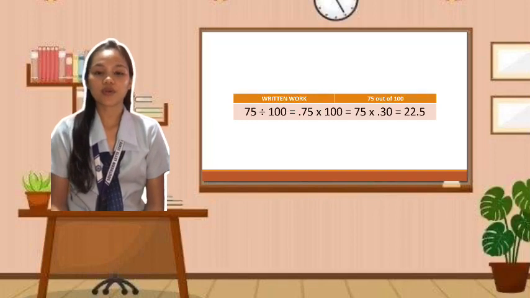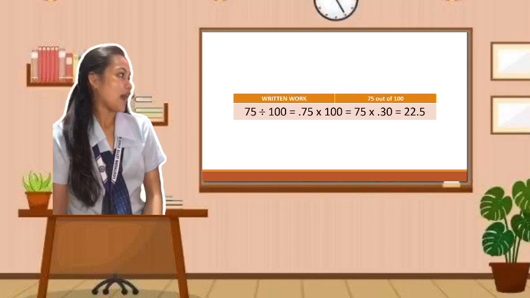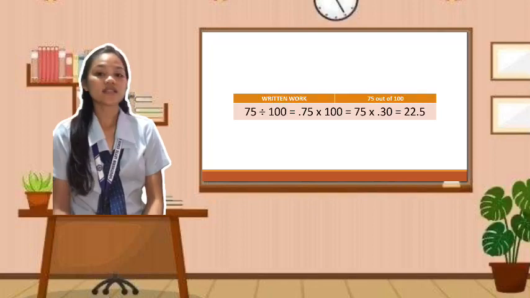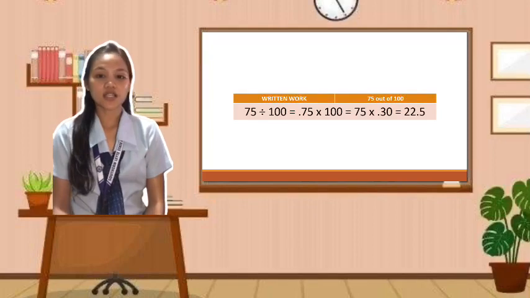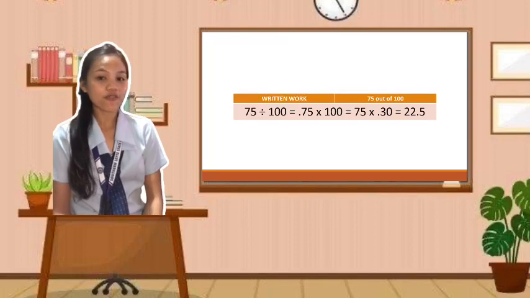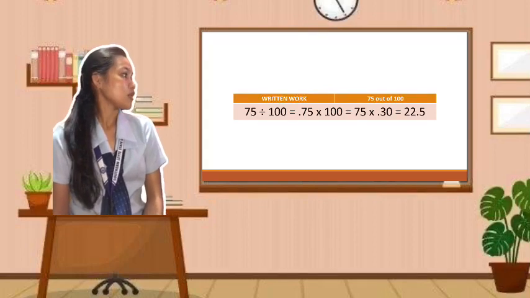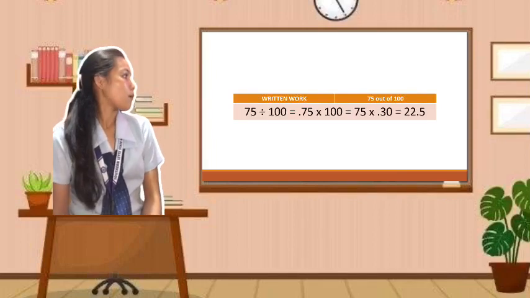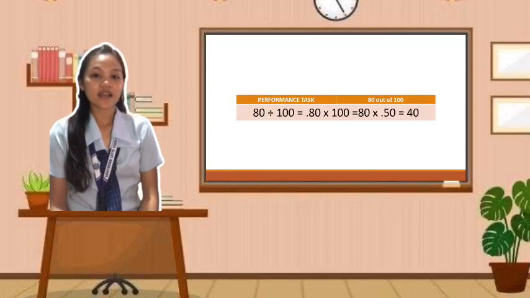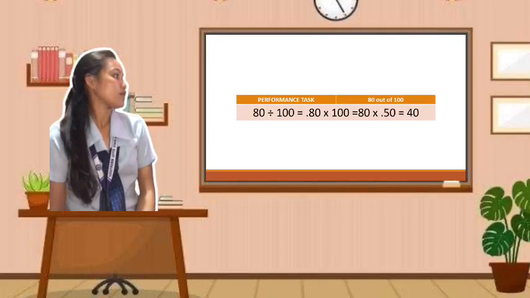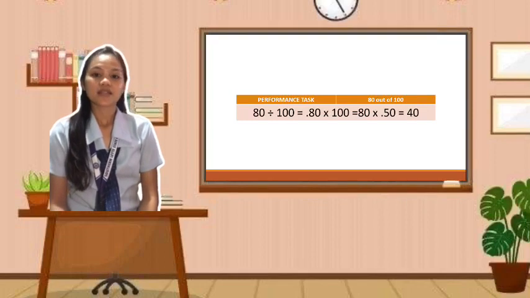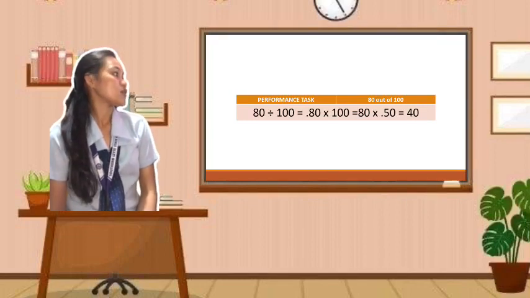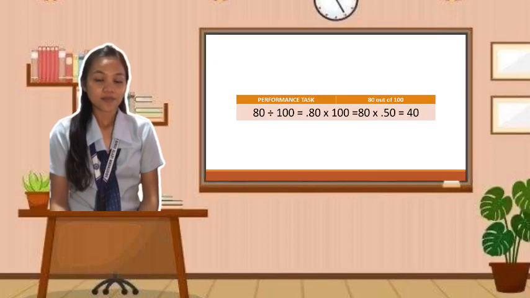To get the written work raw score, we have to compute it. 75 divided by 100 equals 0.75 times 100 is equivalent to 75 times 0.30%, which is equivalent to 22.75. 80 divided by 100 is equivalent to 0.80 times 100 is equivalent to 80 times